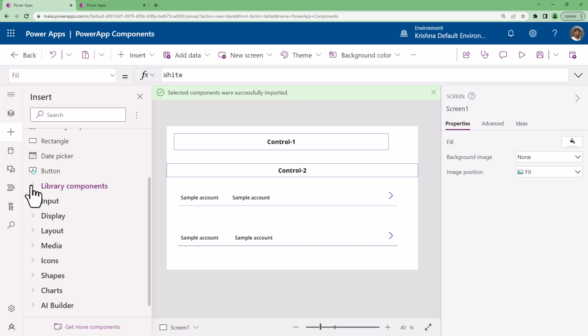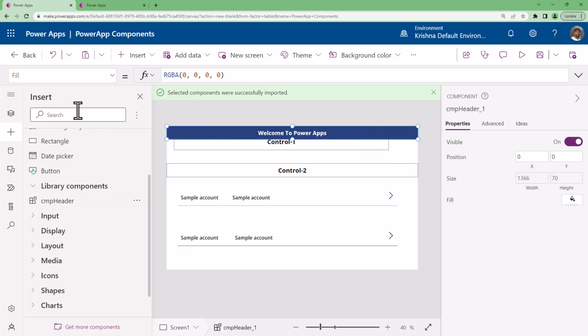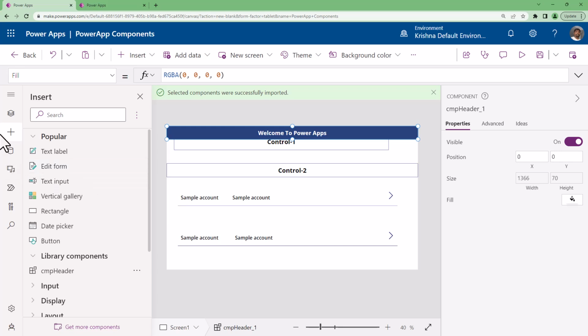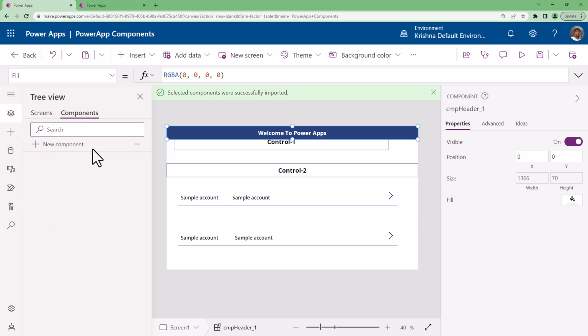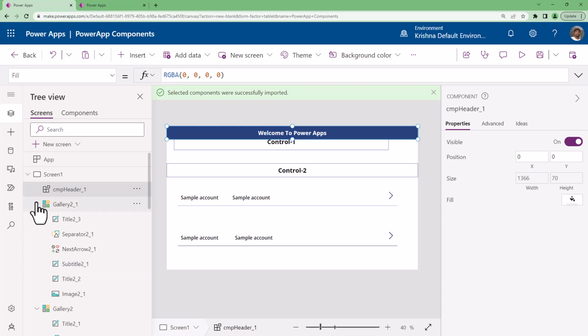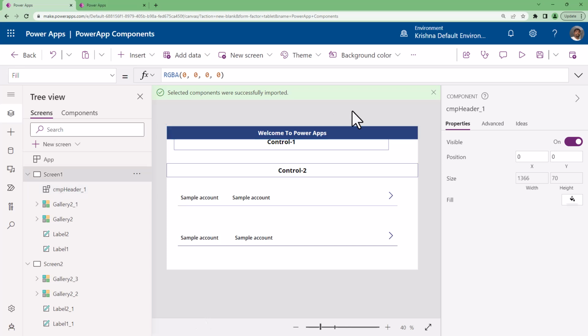Just select that. It automatically gets added to your app. Now when you go to components, you will not see anything here, but you will see it as part of your screen, because I am using a component from my component library. Look at the beauty. I see the component as part of my screen, but that component will never be part of your app